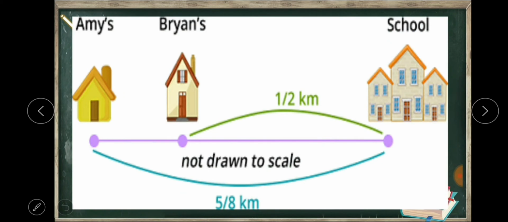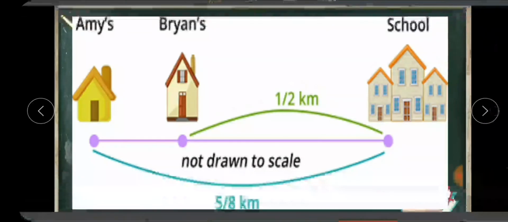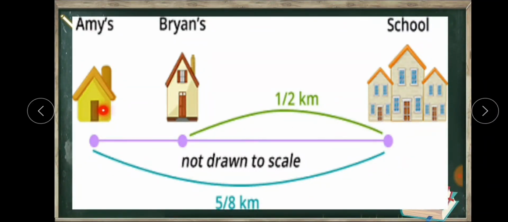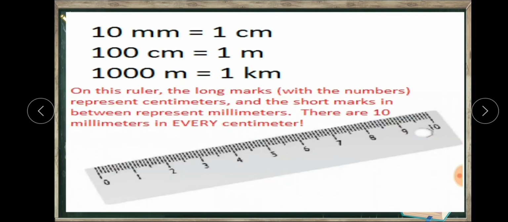And next, we already learned that ma'am explained that the distance from place to place is measured in kilometers. And here it is given home to school. It is measured in kilometers because the distance from place to place we can't measure in millimeter or centimeter or meter. It should be measured in kilometers. So the distance from home to school, distance from place to place, we measure in kilometers.